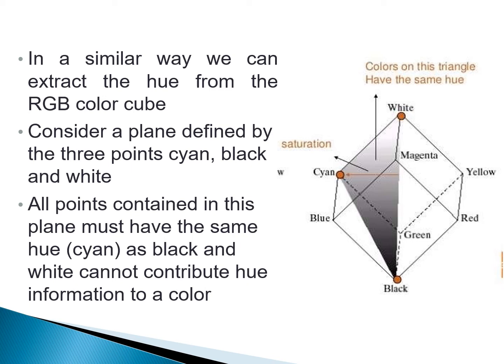We can arrive at the same conclusion by seeing from the previous section that all the colors generated by these three colors lie in a triangle defined by those colors. If two of those points are black and white and the third is a color point, all the points on the triangle have the same hue, because the black and the white components cannot change the hue. By rotating the shaded plane about the vertical intensity axis, we obtain different hues.